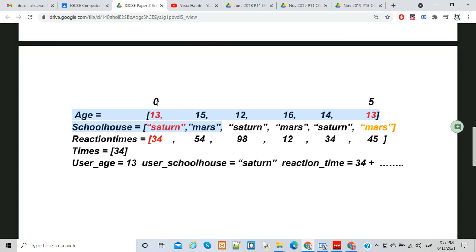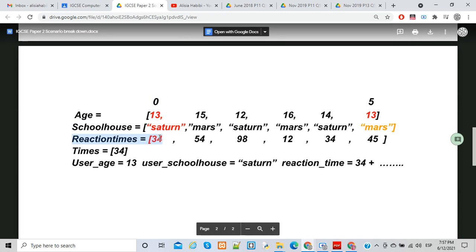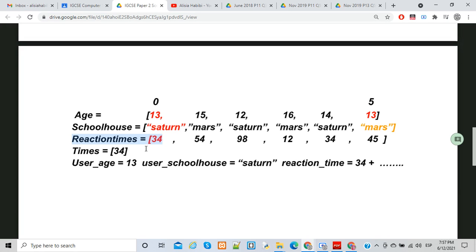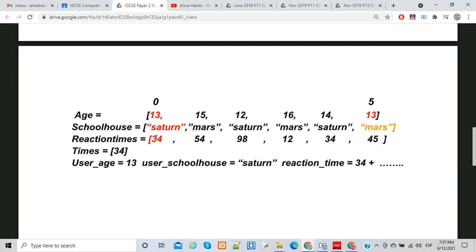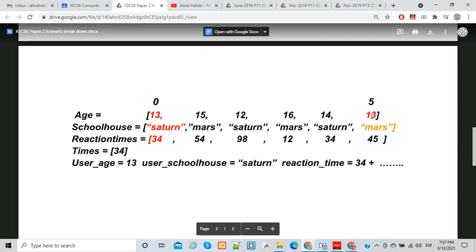And so your program is going to use that same index position to check for the corresponding reaction time in the reaction times array. It gets that and stores it into a new array or list called times in this case, and it stores that 34. So it does that for all of the records, guys. It keeps doing that for all of the records. And you notice here I put